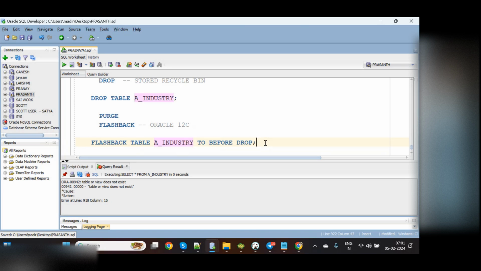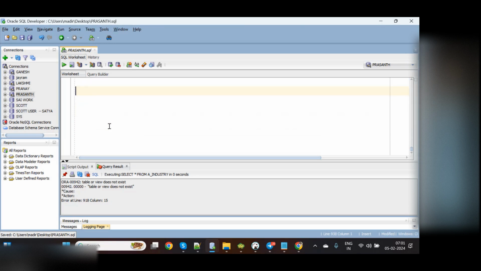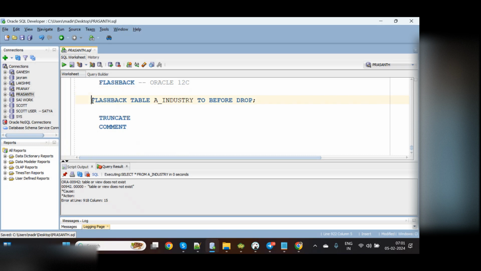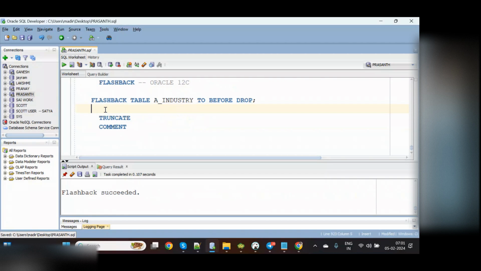Now if I run this command, flashback succeeded. Now if you check our table, select star from A underscore industry,